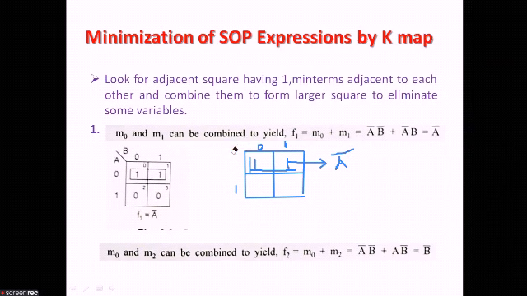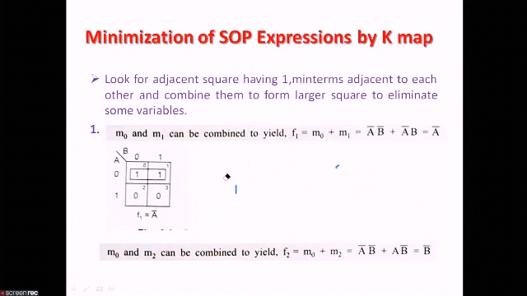That is where M0 and M2 will be present. Before that, let us erase it, or it will be creating a problem in the next slide. You will not understand; you will see some lines here. So just see here that the second one is where M0 and M2 are combined. Let us look at the next slide.